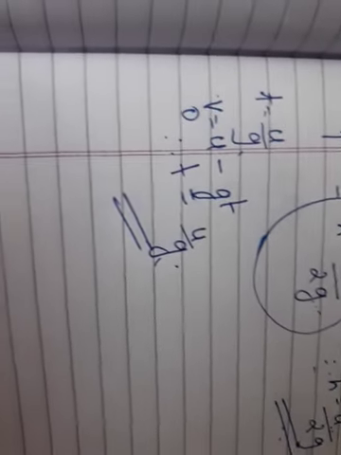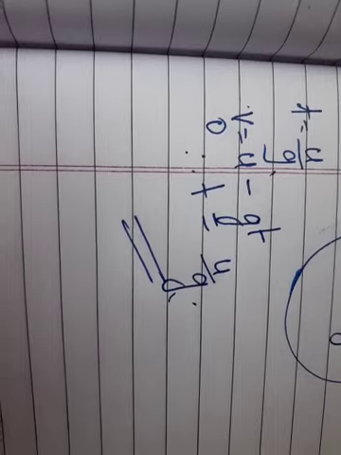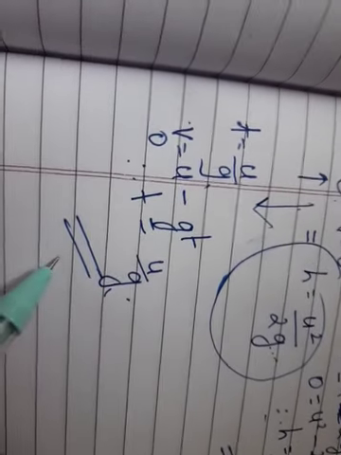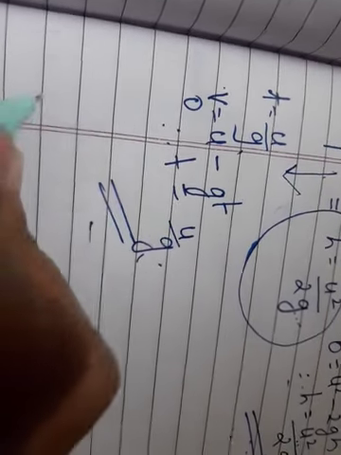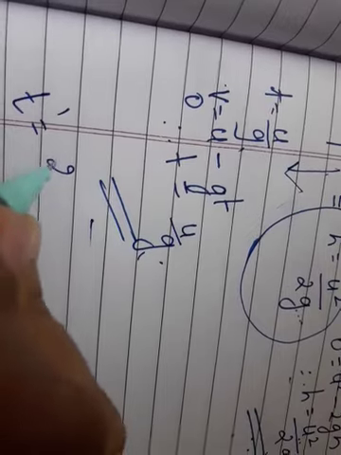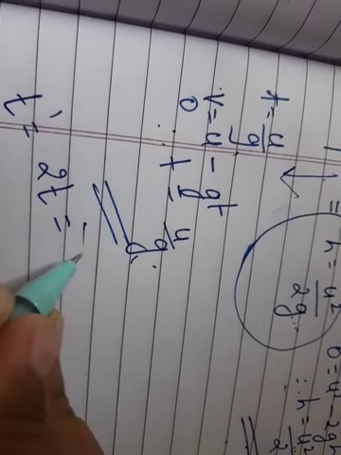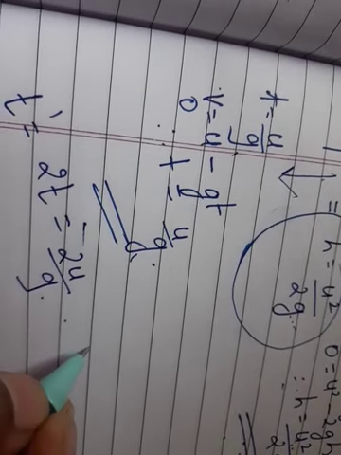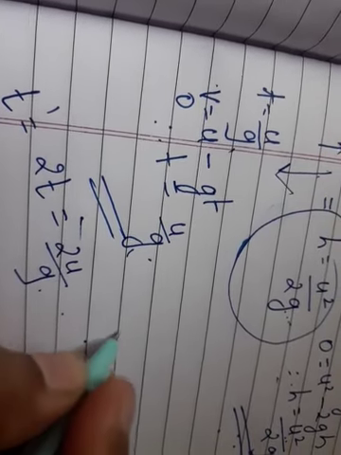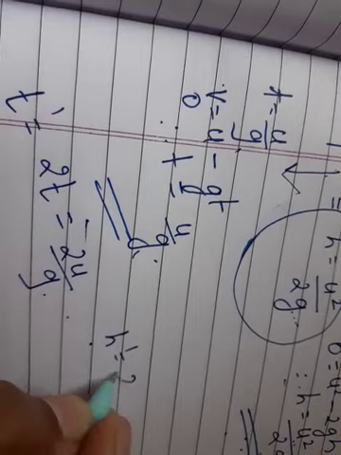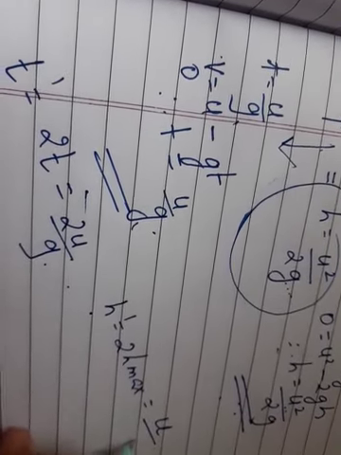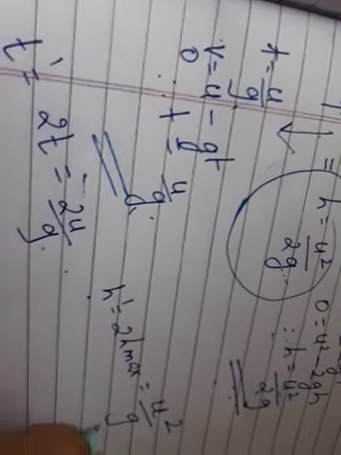Then the same time will be taken to come back to the initial point after reaching the highest point. It has reached the highest point, now it has to come down. So the same time will be taken, right? So we can say that t dash will be 2t, which is twice u by g. So the total distance travelled by the body is h dash equals 2h max, which is nothing but u square upon g.